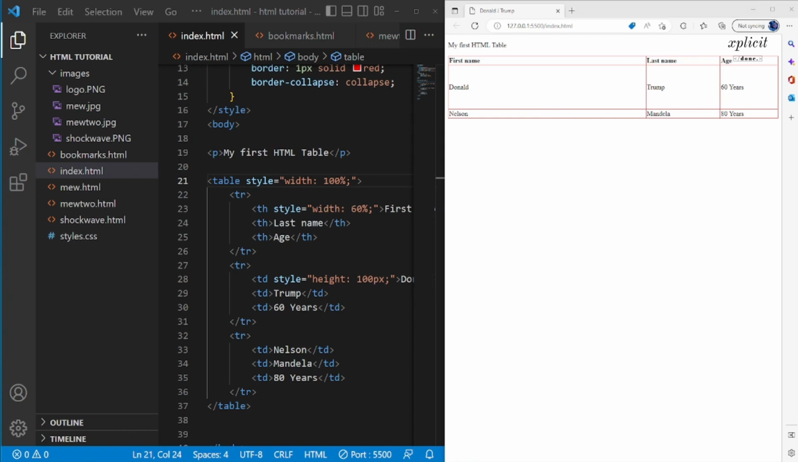The other thing that I might want to cover as well is with regards to the size itself. So what you can do again is